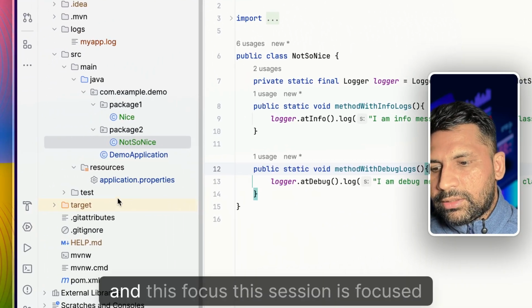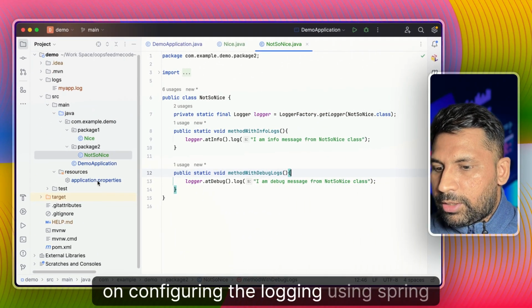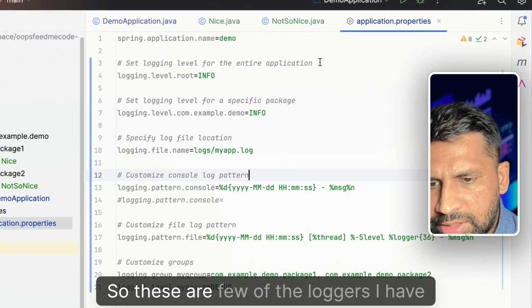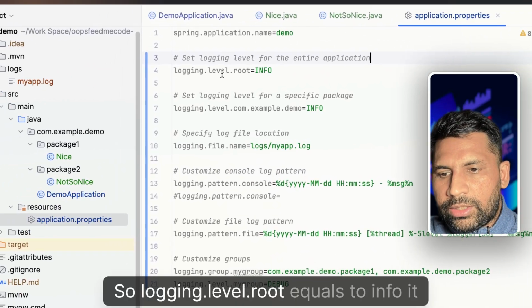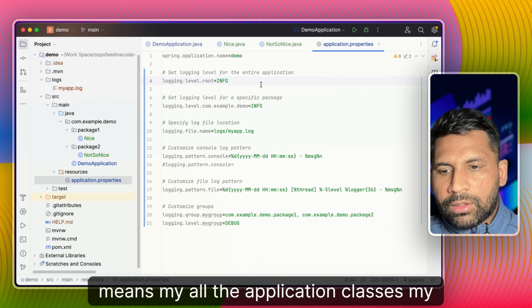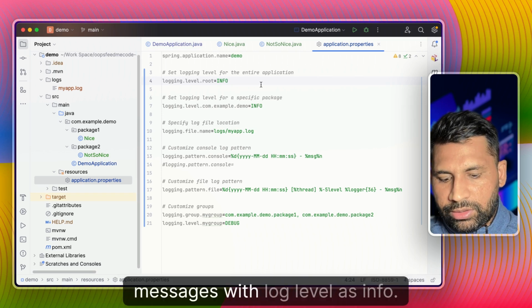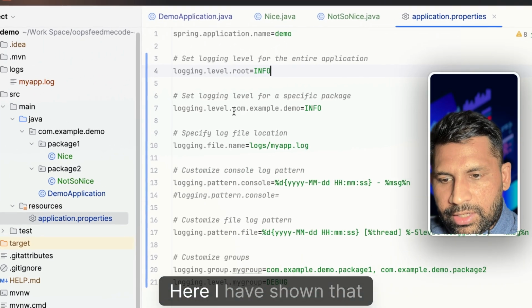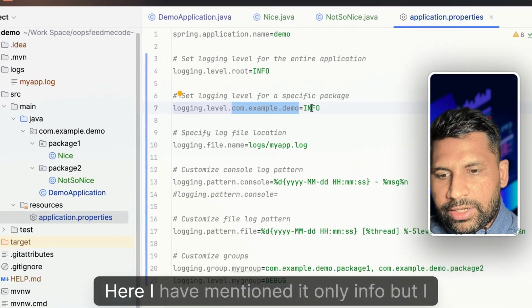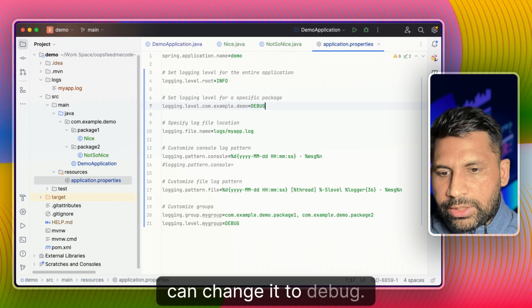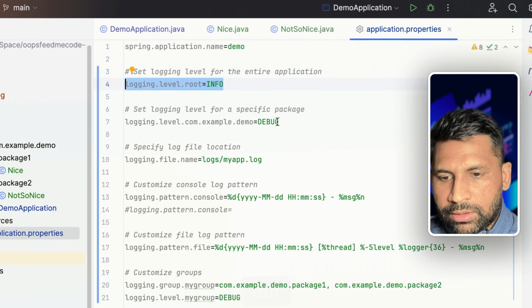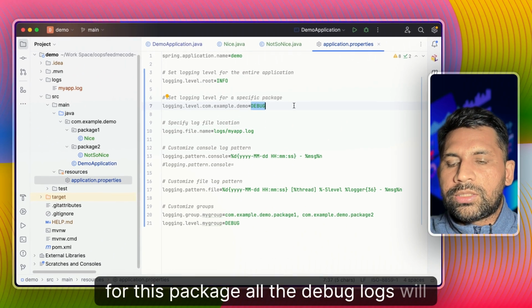Okay. And this session is focused on configuring Spring logging using the Spring Boot application configuration file. We are using application.properties here. So these are a few of the loggers I have already added. logging.level.root equals info. It means all my application classes will log messages with log level info. Here I have shown that you can override it for a specific package. Here I have mentioned only info, but I can change it to debug. So all the classes will be routed to info, but for this package, all the debug logs will also be